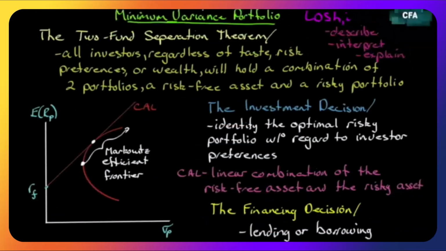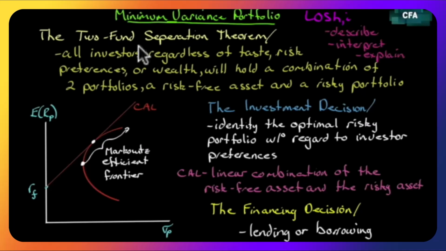Okay, so now we're going to introduce investor preference. Right at the very end of what I'm about to do here, we're going to go into LOS H, which is to explain the selection of an optimal portfolio given an investor's utility or risk aversion and the capital allocation line. We're really just going to introduce it. Then I'm going to do an extended example, which really brings it home. So now that we have the language down, let's introduce something called the two-fund separation theorem.